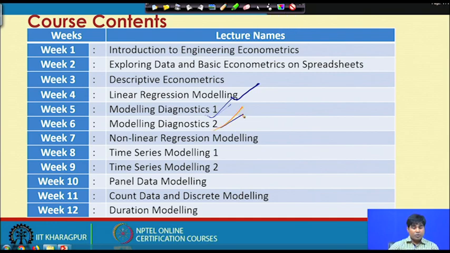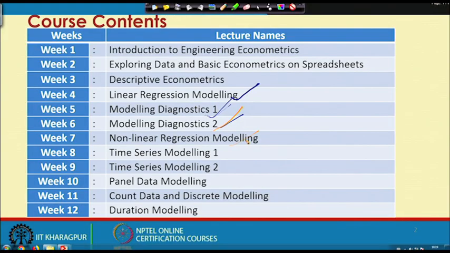We will move to unit 7, where we will discuss nonlinear regression modeling. Like in linear regression modeling, we will have plenty of different models and the kind of requirements, the kind of testing, then the kind of diagnostic checks, and then we will move to unit 8 and unit 9, where we will discuss time series aspects of regression modeling, because some of the engineering problems can be connected with time series data, and for that different types of time series models are there, which we can use to address the engineering problem as per the particular engineering requirement.